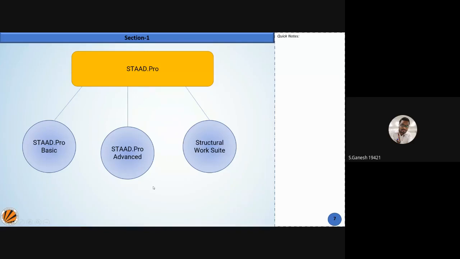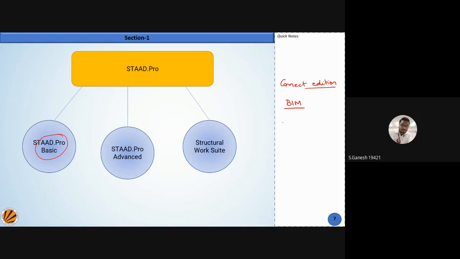Whatever you have studied at basic level, that is STAAD Pro. What we have studied so far is on this level only. So this is the STAAD Pro basic level. When you go to industries, you might be aware of the Connect Edition, you might have heard of the Connect Edition. This Connect Edition is a new platform by Bentley for STAAD Pro. They are connecting with a number of platforms. Basically, we talk about BIM, Building Information Modeling.